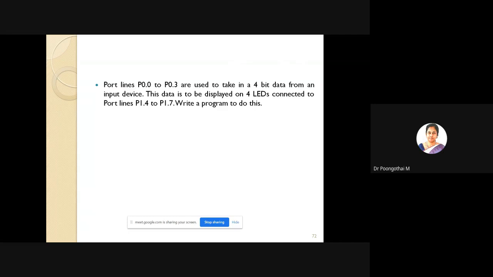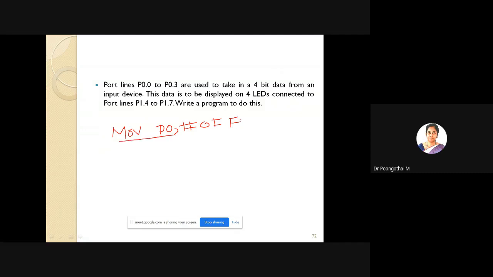So you have to get the data from P0.0 to P0.3, 4-bit data. Okay. So that data should be displayed on P1.4 to P1.7. Okay. So for that, first you configure port 0 as an input port by writing FF, writing 1 to individual port pins of P0.